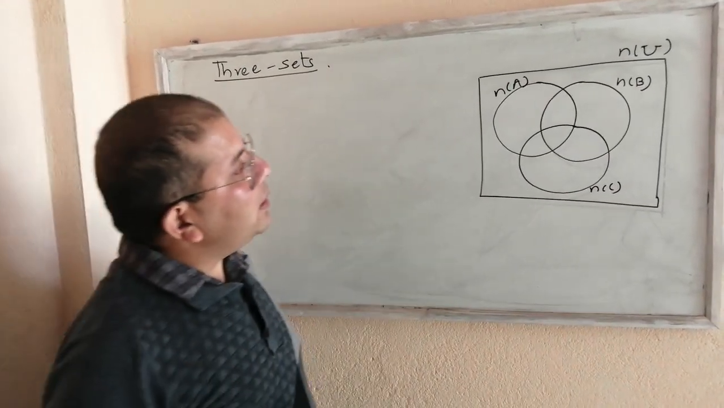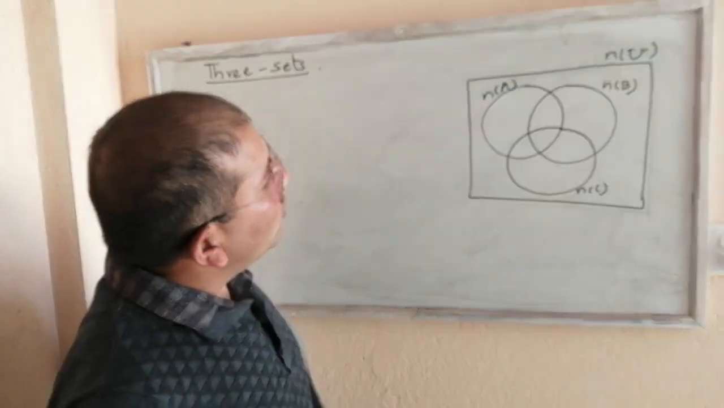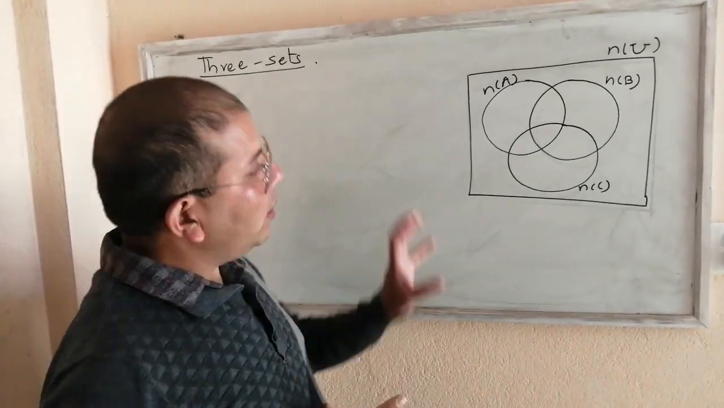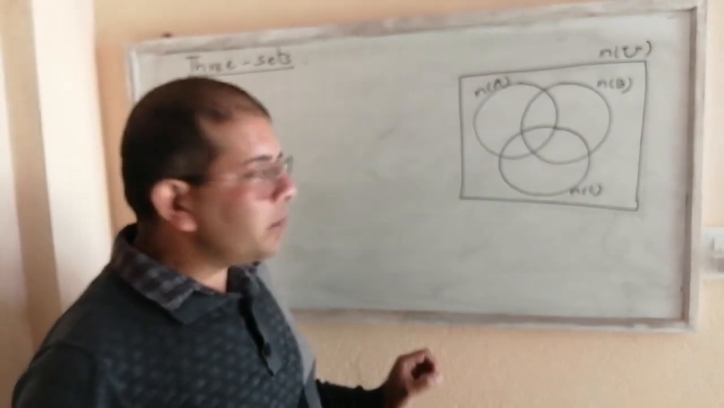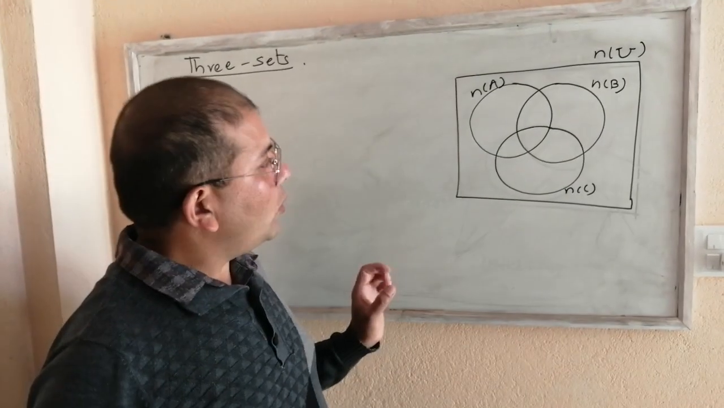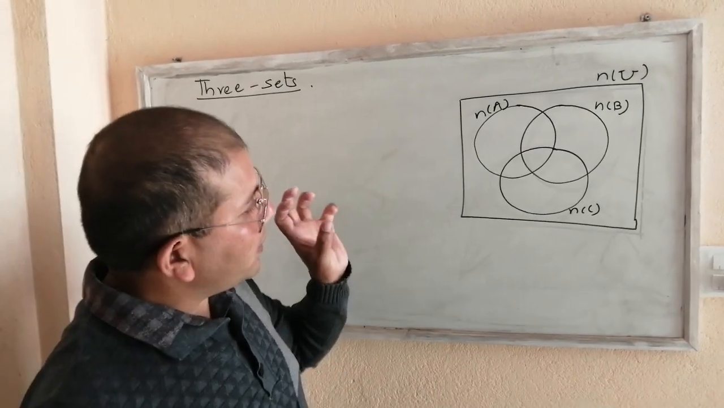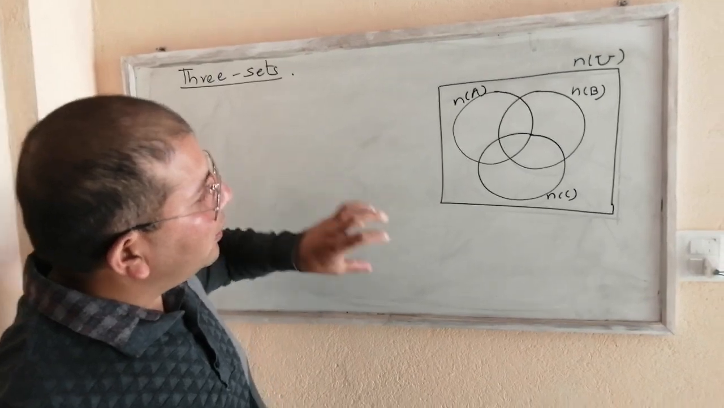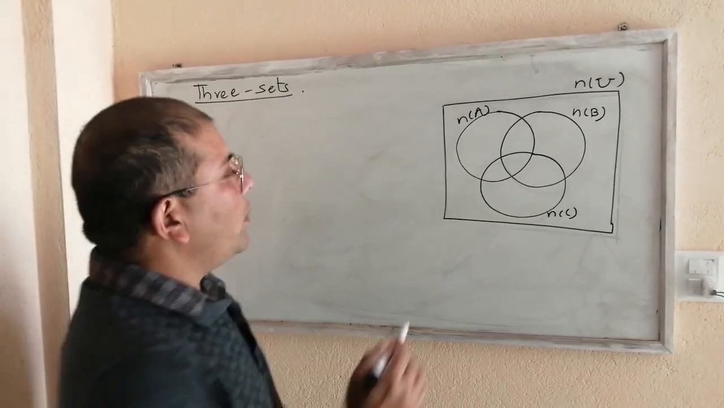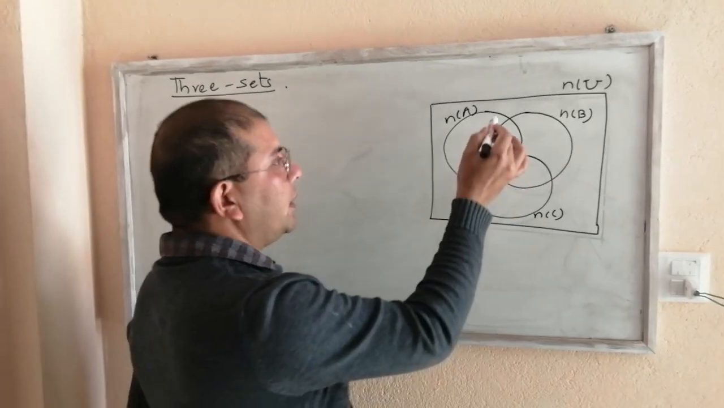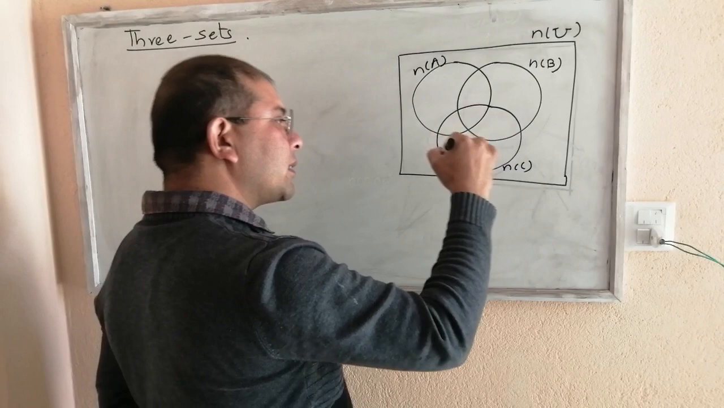The names of all these different regions are different. So you must know the name of all these regions, then you can solve your question by using a Venn diagram. It will be very easy if you follow this method. So first of all, you should be clear on the name of all these different regions. Now you know the first circle is N of A, N of B second, N of C third,